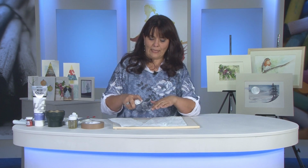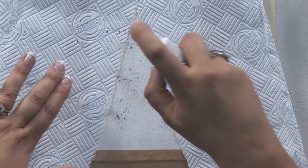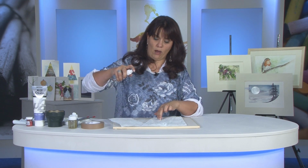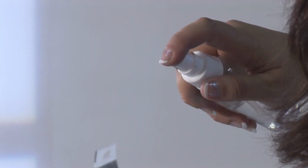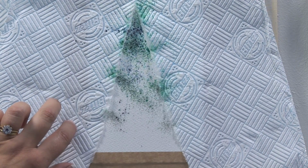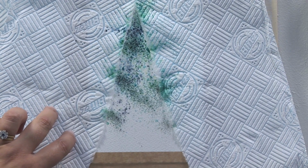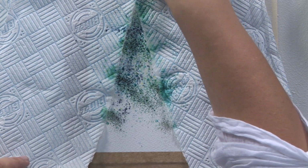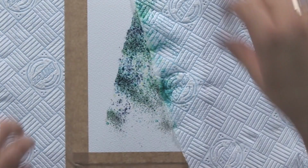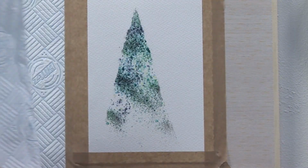And then I have a spray bottle just with water in it, and making sure that the spray bottle is far away from my surface, not up close. If you spray it up close, it will literally push all the colour away and you'll end up with a big puddle. Whereas if you do it from on high and you spray nice and fine, then you can see straight away what's happening. That sea green and the Prussian blue are mixing together, and my kitchen roll is acting as a barrier. I'm going to take that kitchen roll away immediately, nice and carefully,